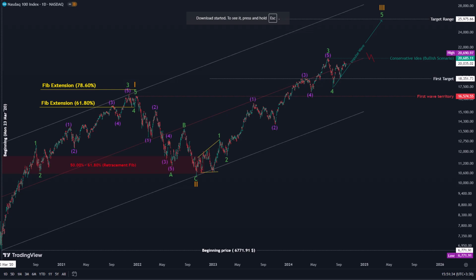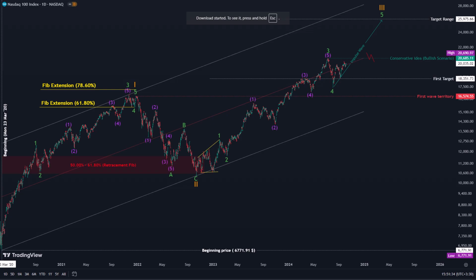The initial wave of the Nasdaq 100 has extended, while the third wave has increased by 61.8% from the first wave to 78.6% by the end of the fifth wave. In addition, the second wave formed a larger zigzag pattern that ended near the second wave from the first wave. These two key points confirm the diagnosis of the first broad wave.